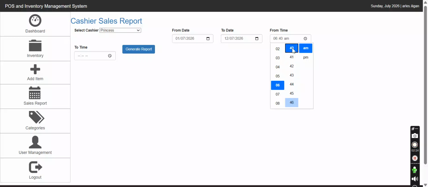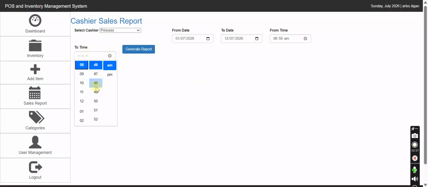Let's filter from 6 a.m. to, for example, the store closing at exactly 9 p.m. So we filter this to 9 p.m. We click PM.